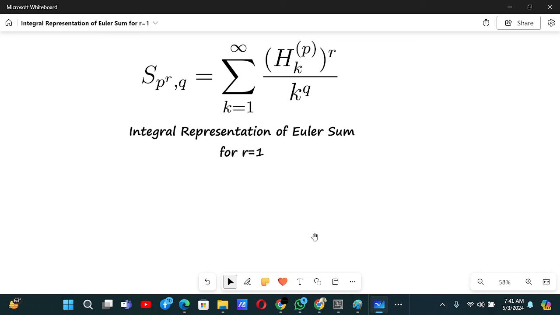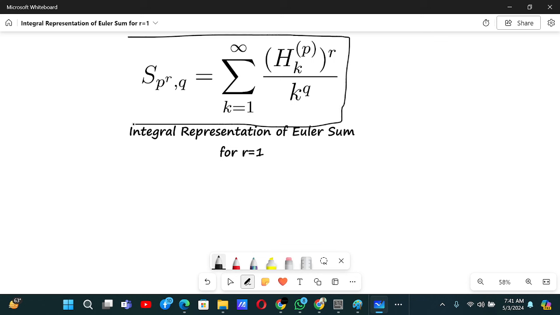Integral representation of Euler sum for r equals 1. Basically, over here I have a generalized Euler sum represented by S_p^{(r)},q, and this is the sum over here. And you might know that H_k is just the harmonic number,